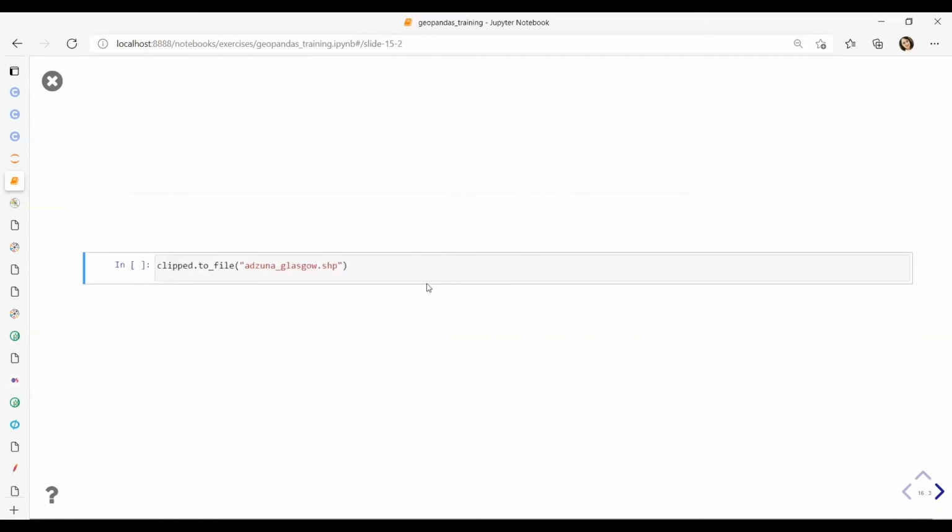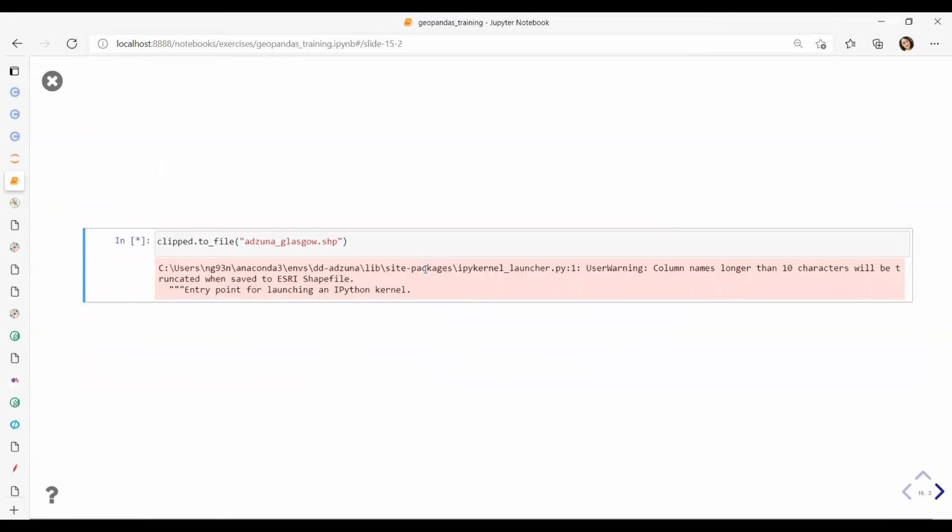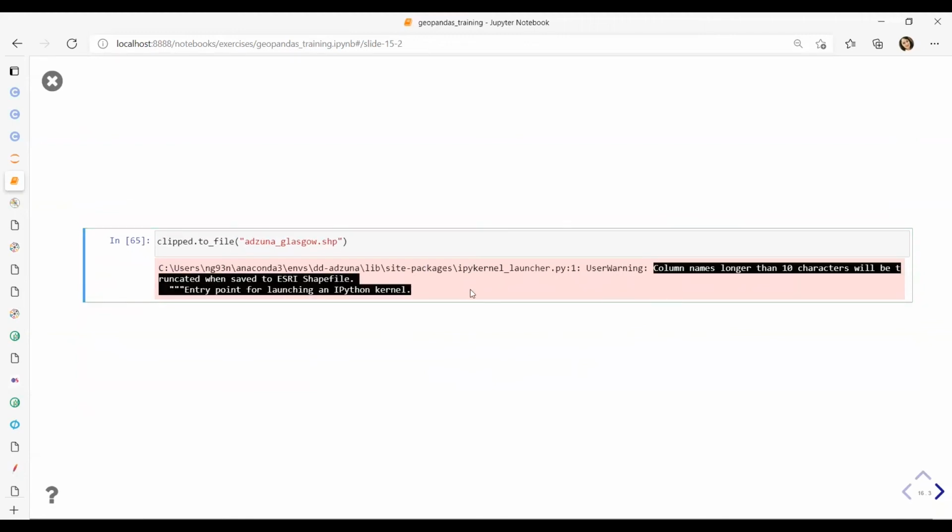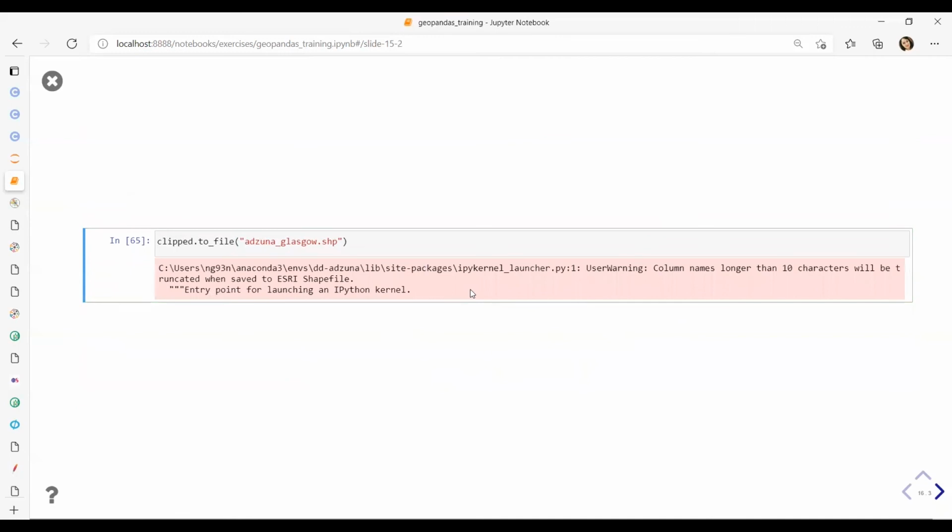So I'm going to export my flipped GeoDataFrame to file. By default, it's a shapefile, and there is an important warning that a shapefile does only support 10 characters in the column names, so all the names would be truncated. It is a limitation of the shapefile, so please bear in mind that if your GeoDataFrame has some very descriptive long columns, it probably would be better to export it into some other format.